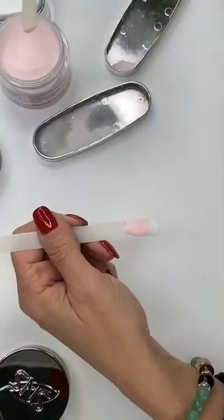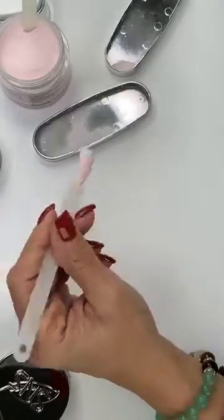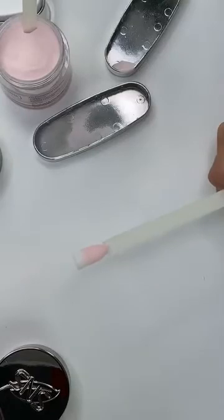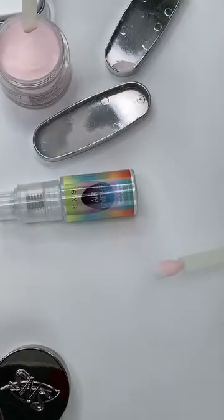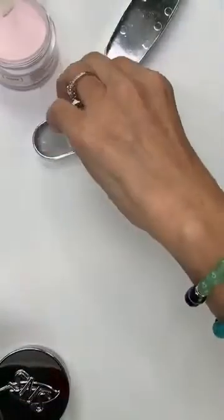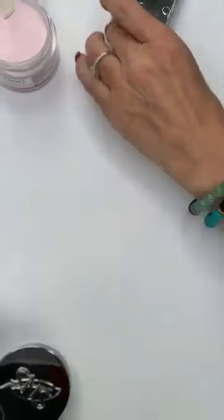At that point, you can go over it with the coat of your sunscreen, and you have now created a nice, fun baby boomer by using our new collection and the Air Ombre. So Air Ombre gives a lot of unique aspects to design elements as far as ombres go, because you can also